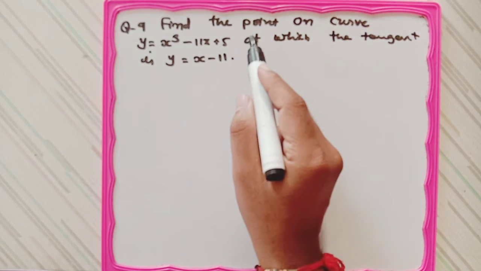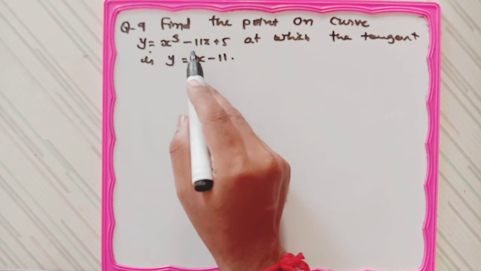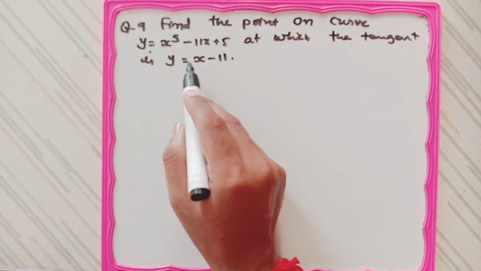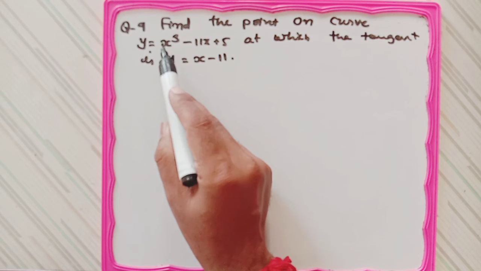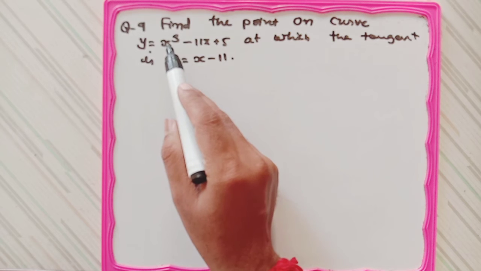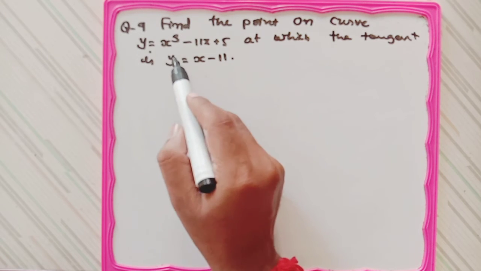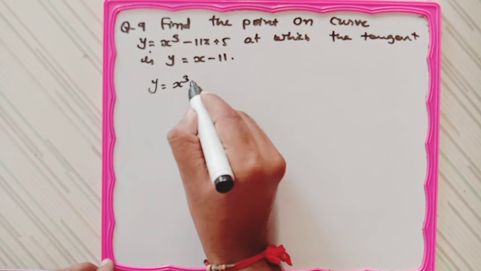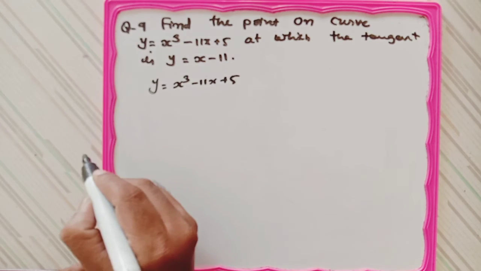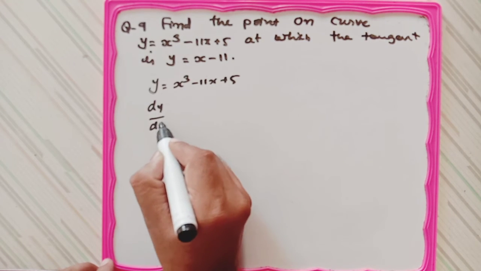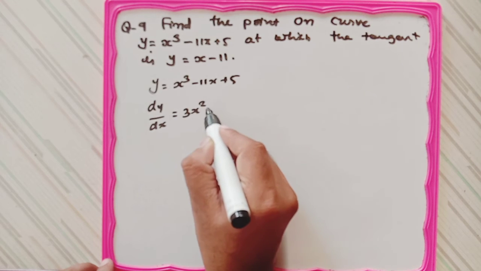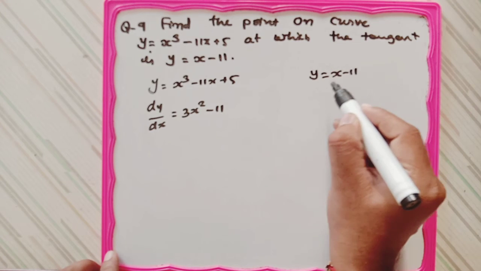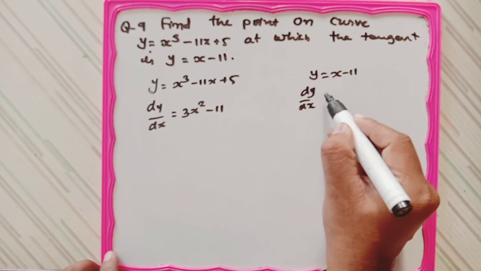We have question number 9. Find the point on curve y equals x cube minus 11x plus 5 at which the tangent is y equals x minus 11. Now this line is tangent to the curve, and so the slopes, the differentiation of both with respect to x, are equal. So y equals x cube minus 11x plus 5 is given, so differentiation with respect to x is 3x square minus 11, and here y equals x minus 11 is given, so its differentiation with respect to x is dy by dx equals